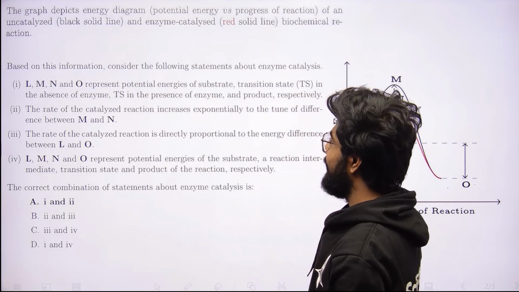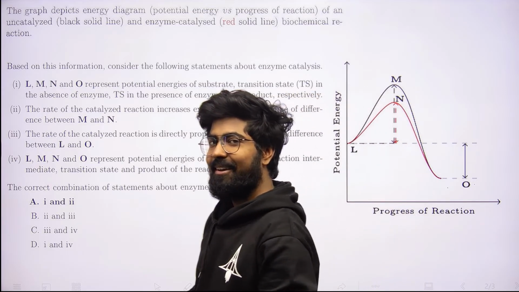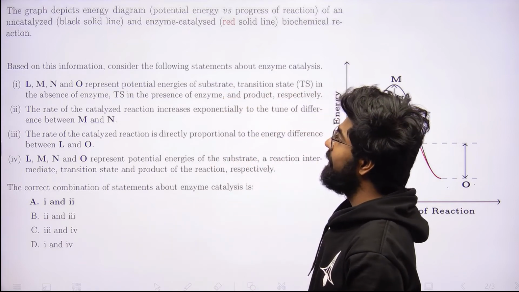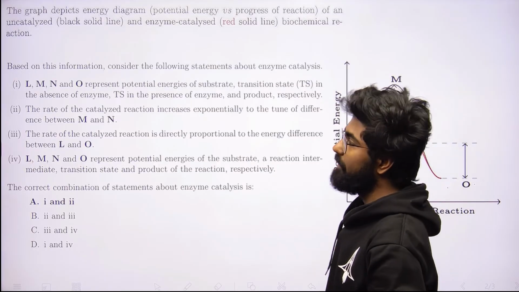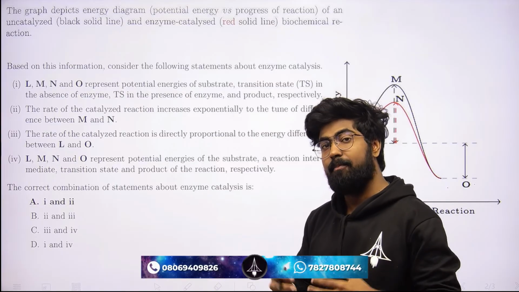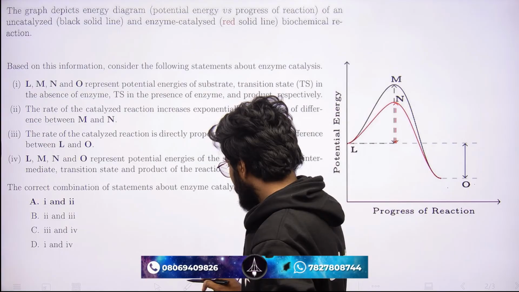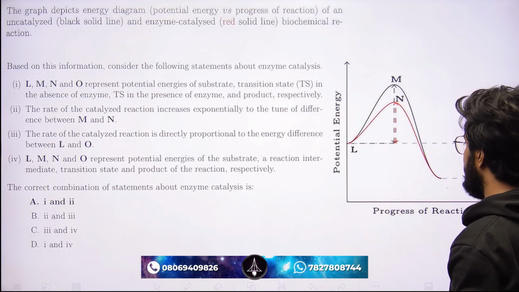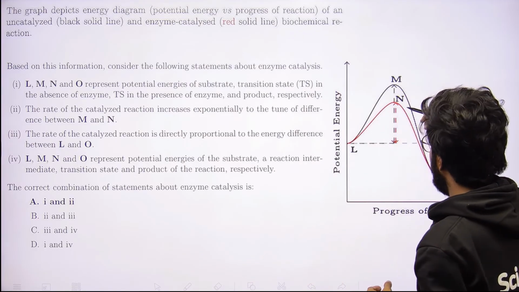This is what is tricky about this question, that you cannot tell whether this question was asked in the biology section or the chemistry section, and this is the best point about this particular question. Basically this question belongs to the chapter chemical kinetics, but interestingly this question was asked in the biology section since it involves enzyme catalysis. And in this question, what they have given is an energy level diagram, or potential energy level diagram, of a particular reaction compared with catalyst and without catalyst.